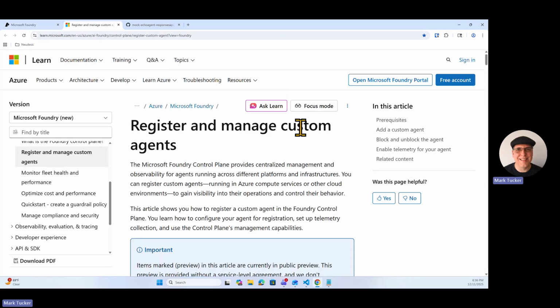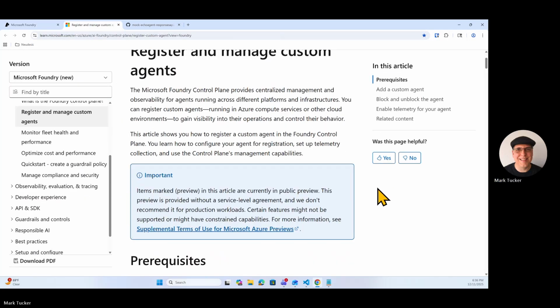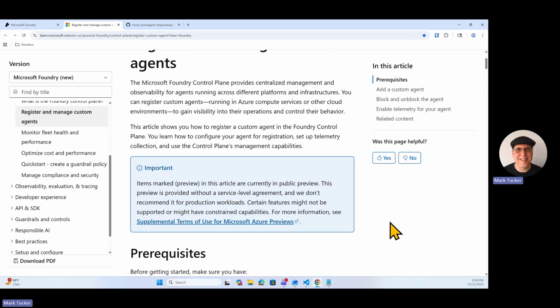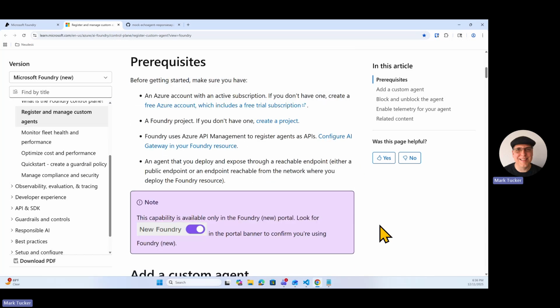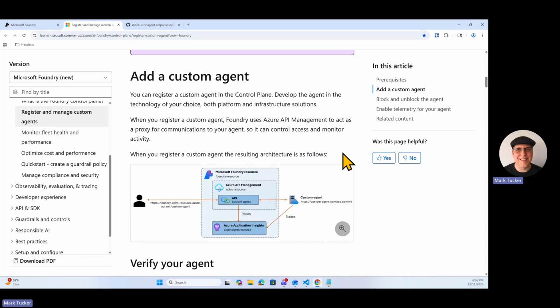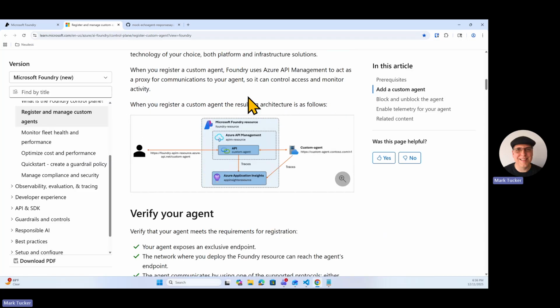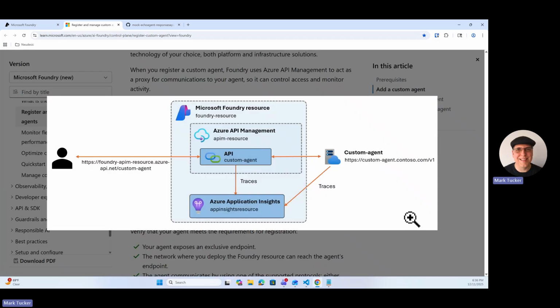If we scroll down a little bit more, it's talking about this Microsoft Foundry control plane, which gives you access to monitoring and telemetry and other things, and the ability to turn your agents on and off. But in the end, this architecture diagram is going to show the main part of it. Here's your custom agent hosted at some endpoint. And what's happening is that when you register this agent inside of Foundry, it's going to create an API wrapper or a proxy